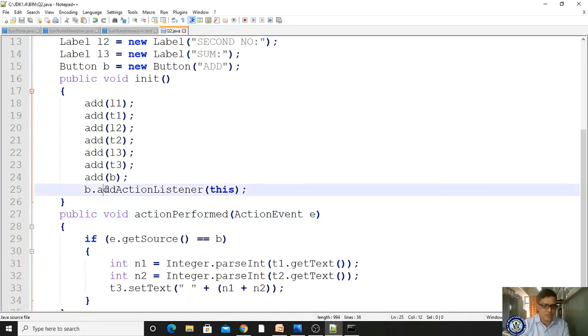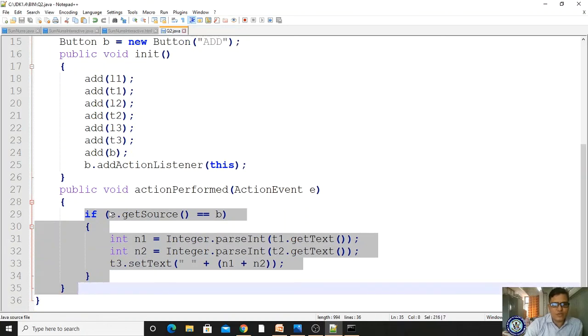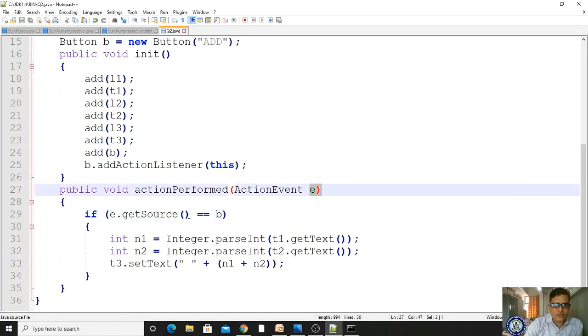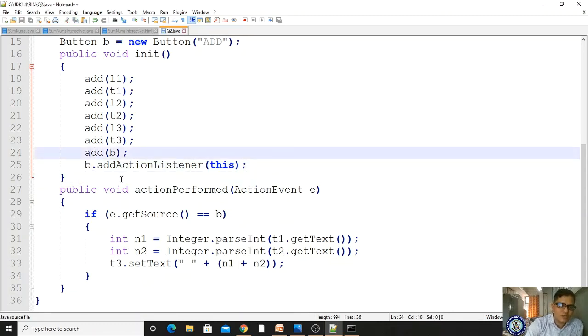Whenever you click that button, the control will come here. For getting these values, I am writing this if condition. Please observe here. If e.getSource equals b, whenever I click this button b, I have to get the source.